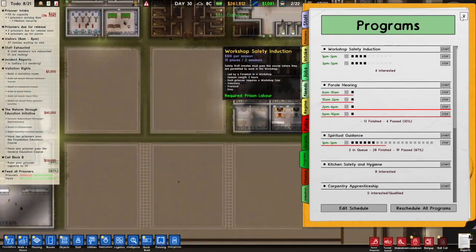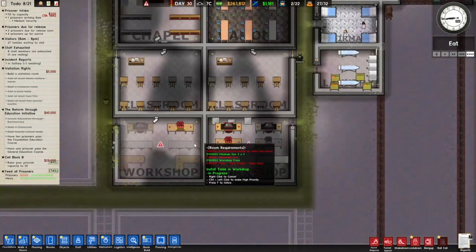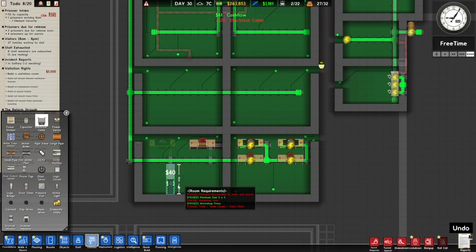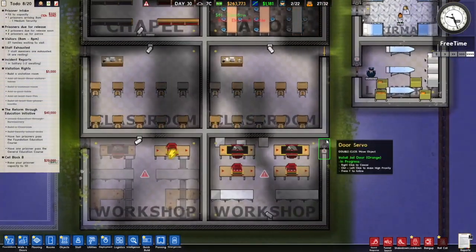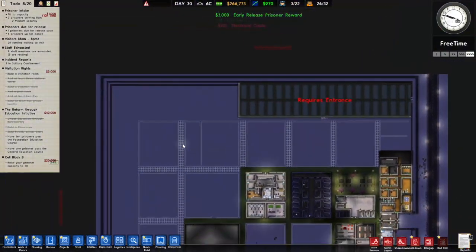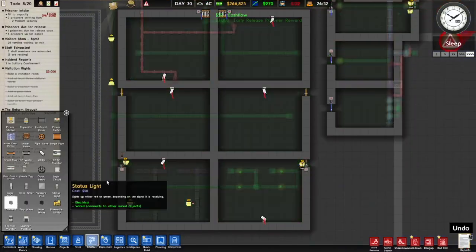So we have 2 workshops. Say, just have 1. It's not a huge requirement. Just have the 1 going. Enclosed by doors and walls. Because the doors aren't in. Oh, the door server's up, so we can...